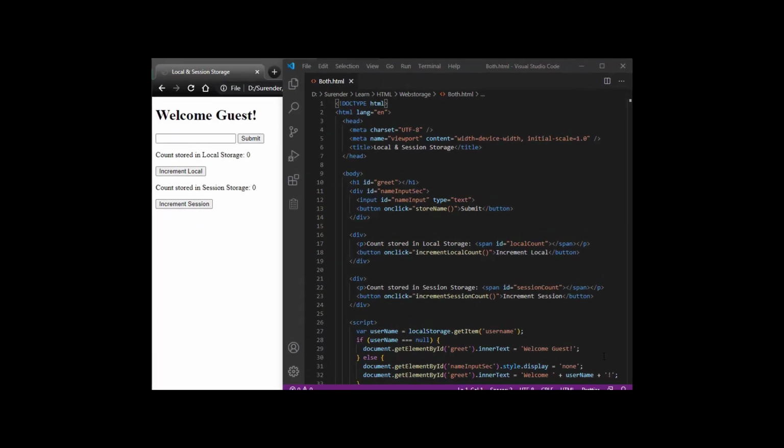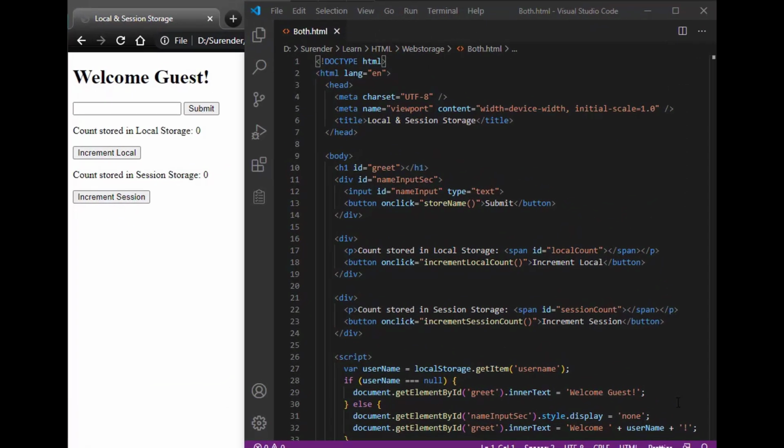Let us see a simple program about the use of web storage and the difference between local and session storage. In this program, we are greeting the user as welcome guest at first time. When the user enters the name and submit it, we will store the name in local storage. So if user opens the site again, we will greet the user using the name.